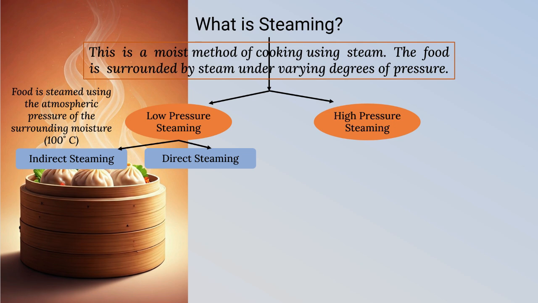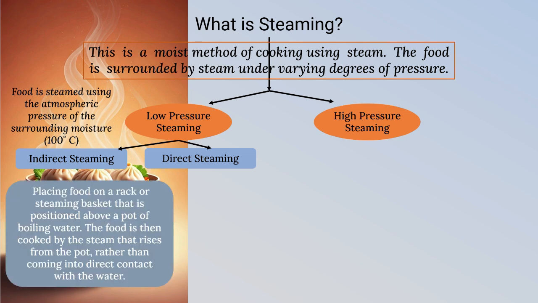Low pressure steaming can be subdivided into two parts. One is indirect steaming, the other one is direct steaming. Indirect steaming, we need a basket or a steamer on which the fish or the vegetables are placed. The container is sealed or with a lid on top, and the water is there at the bottom of